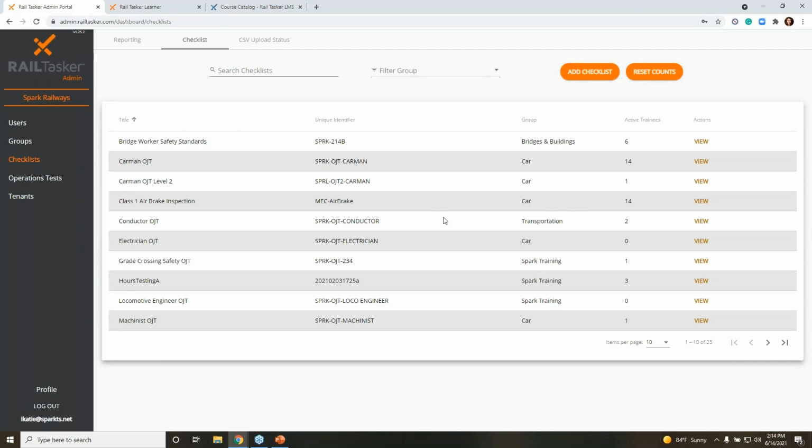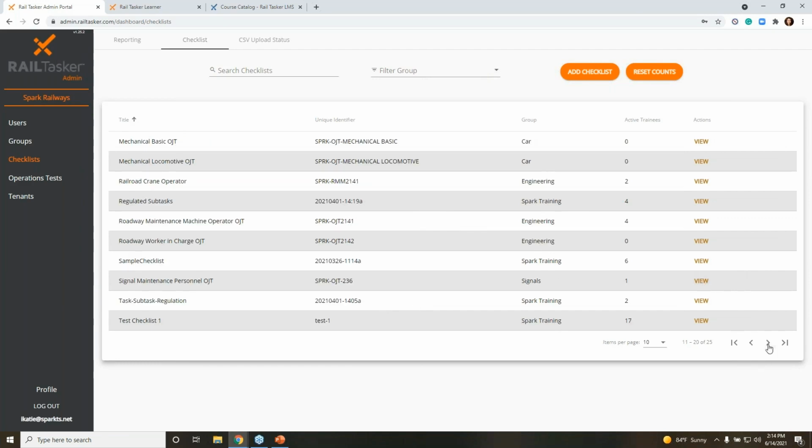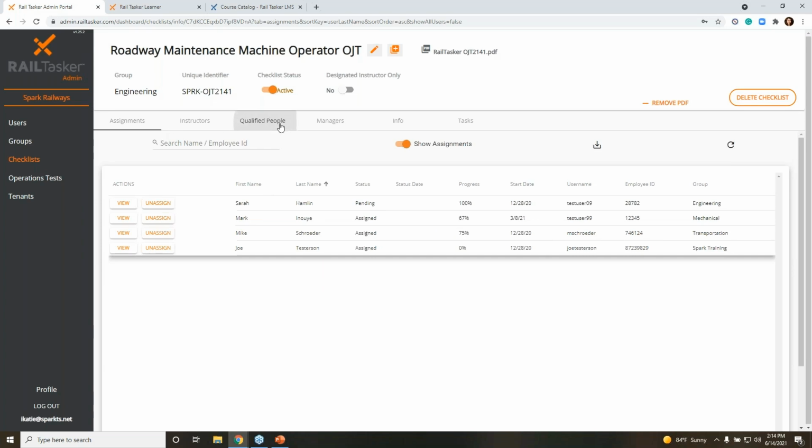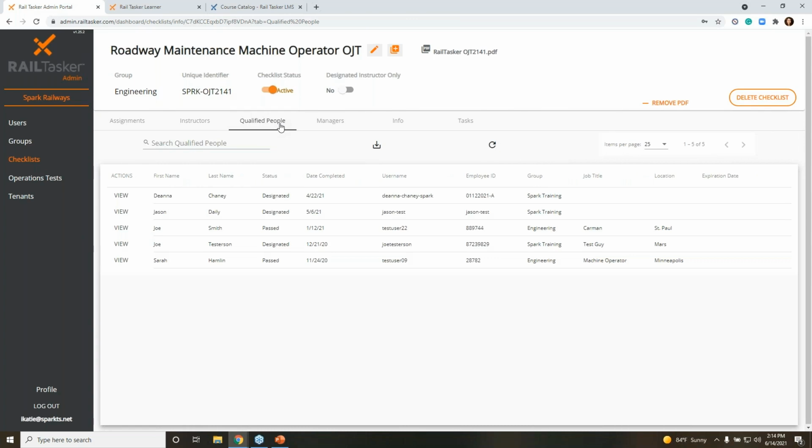For those of you using Railtasker, I'll just pick one. When you go to the checklist side and then go to checklists, you pick the checklist that you're looking at. I'll pick one with some trainees here. Where'd my roadway maintenance machine operator go? Within the checklist, it will show up who the qualified people are just because they completed the checklist.